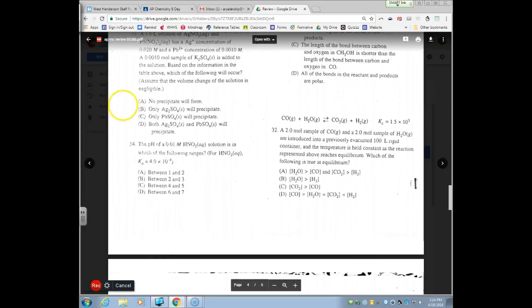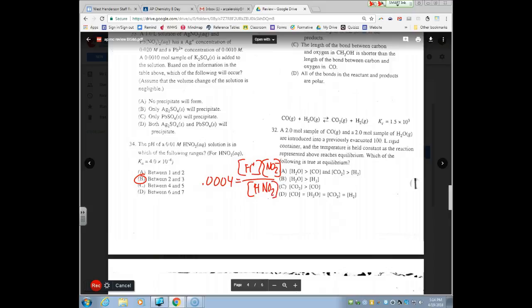All right. If we look at 34, the correct answer for 34 is B. So for this one, we've got a 0.01 molar solution of HNO2, and they give us the Ka is 4 times 10 to the negative 4. So this is going to be 0.0004, which is going to equal my ions, those hydrogen ions times my nitrite ions, over the concentration of my